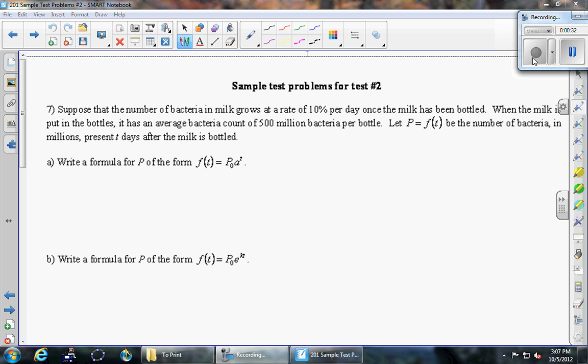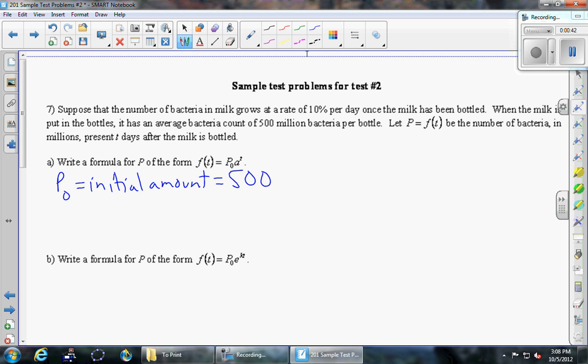Okay, first thing we need to know is that P0 is the initial amount. And in this case, the initial amount is 500 million, but we're doing this problem in millions, so P0 is just 500. And in order to find a, all we have to use is a nifty little formula, and that's that a is 1 plus r, where r is the growth rate. And so in this case, r is 10%,